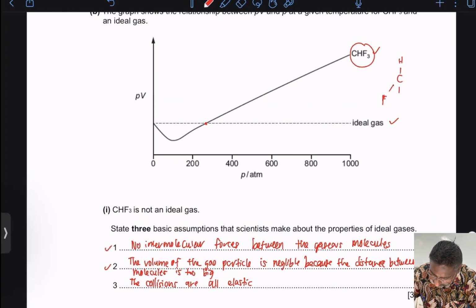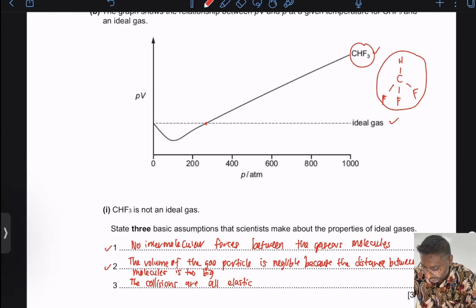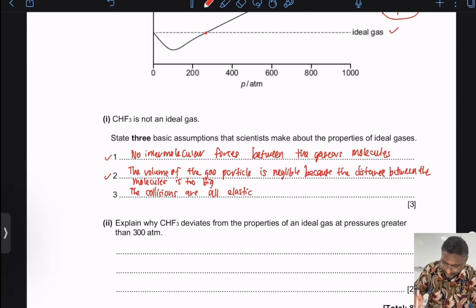In this case, this is F and F. So I just want to know whether this one is polar or non-polar. Vanessa, is this polar or non-polar? Polar. Okay, if you have F over here, then the dipole moment will be cancelled out. In this case, it's not cancelled out. So you can just write down, CHF3 is a polar molecule,